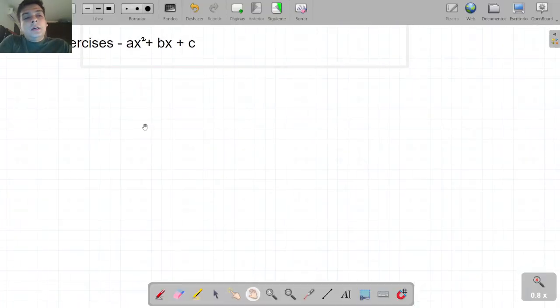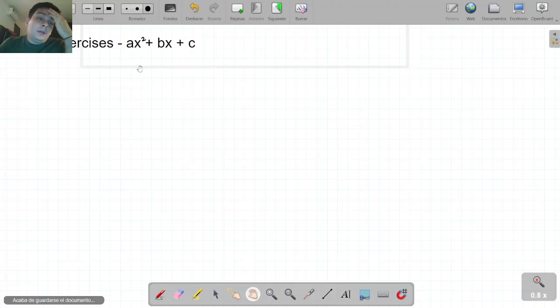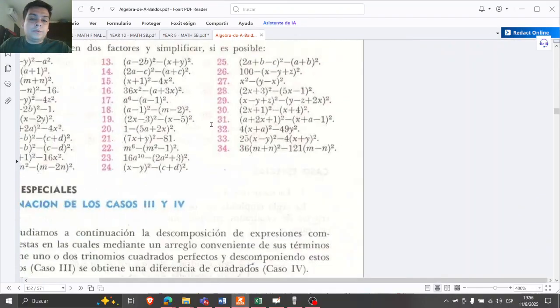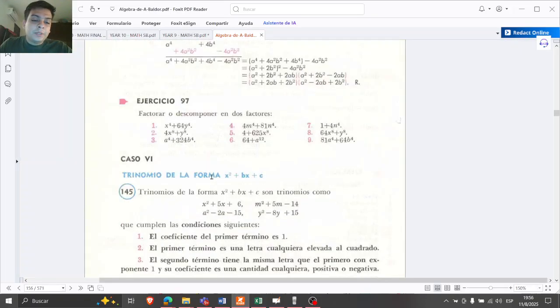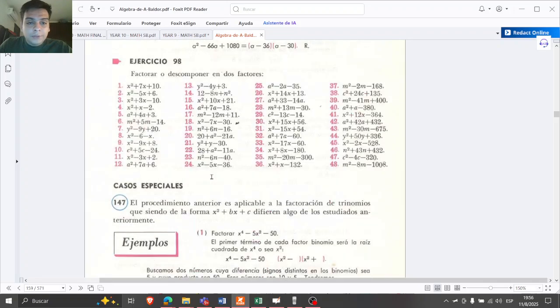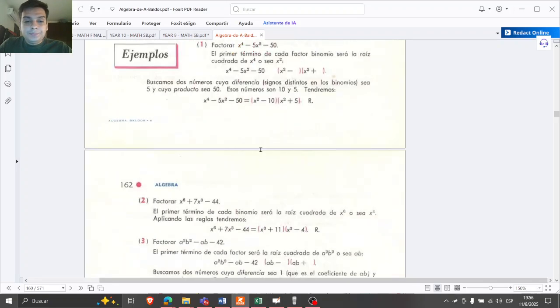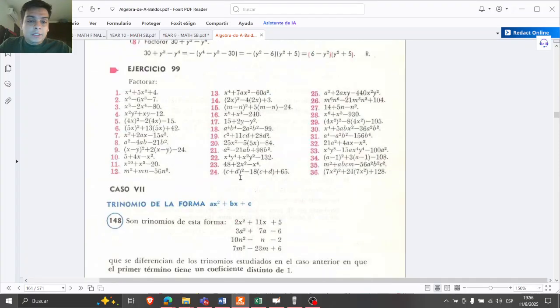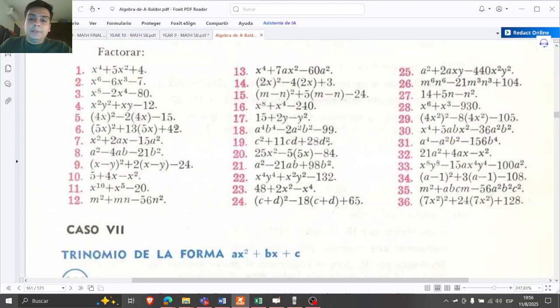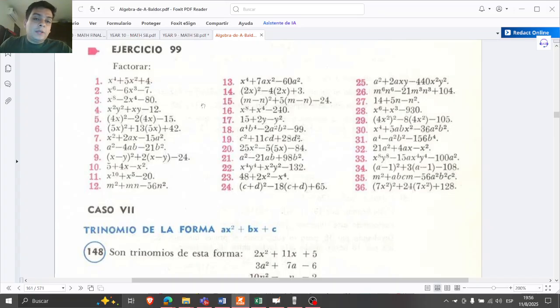We are going to do some of the hard exercises of ABC. Well, ax squared, bx, plus c. This expression, we know it as the cross-section method. In this expression, we are going to work a couple of hard exercises. For example, they look like this, but in fact, we are going to factorize these ones. Let's start with a difficult one. For example, let's say we have